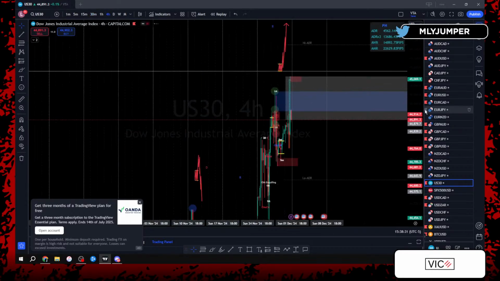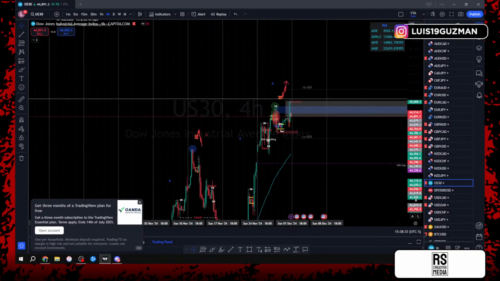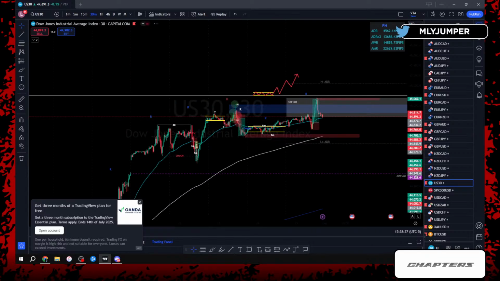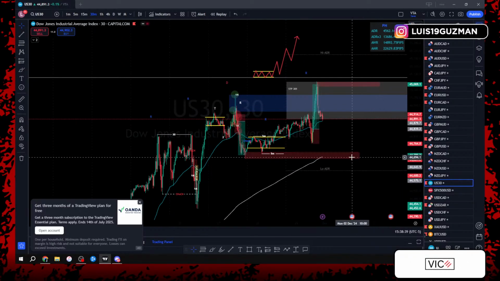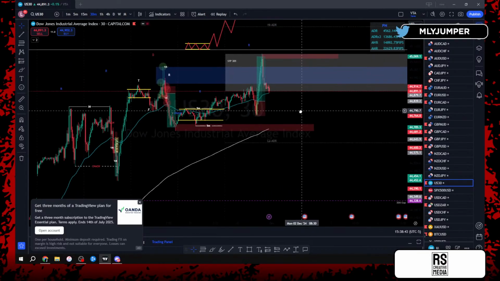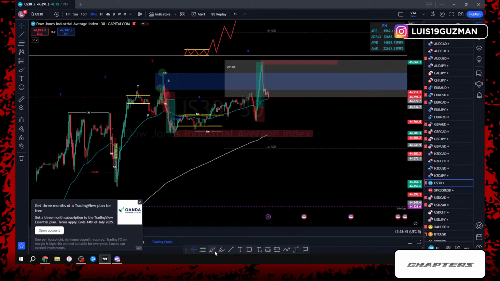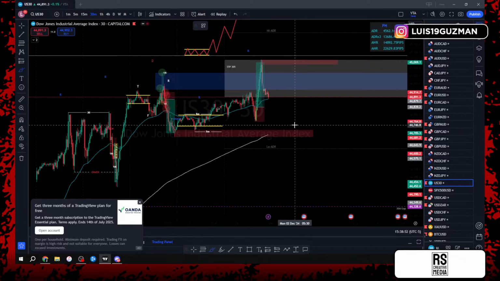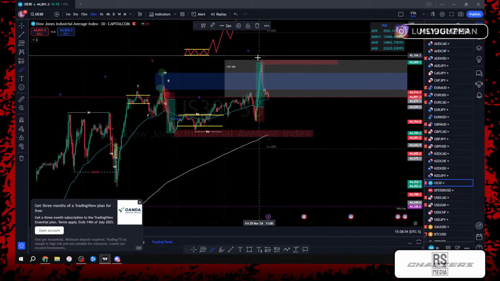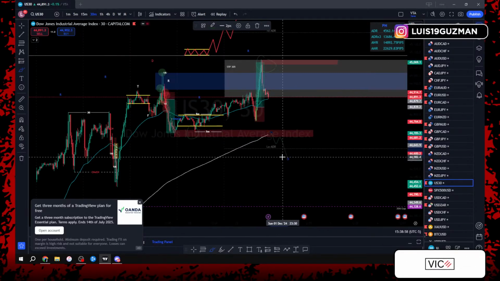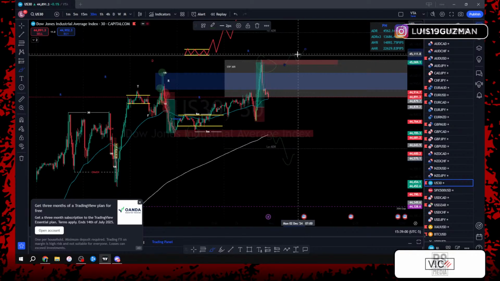I want to see these highs being broken for us to continue, but once again, with that gap at the bottom, I'm not firm on these pushes to the top side, right? So again, it's just about being patient. At this moment, this is a time where you just got to take a step back. We could keep it simple and just say if we break these lows, we'll continue going short, or these highs to continue, right?